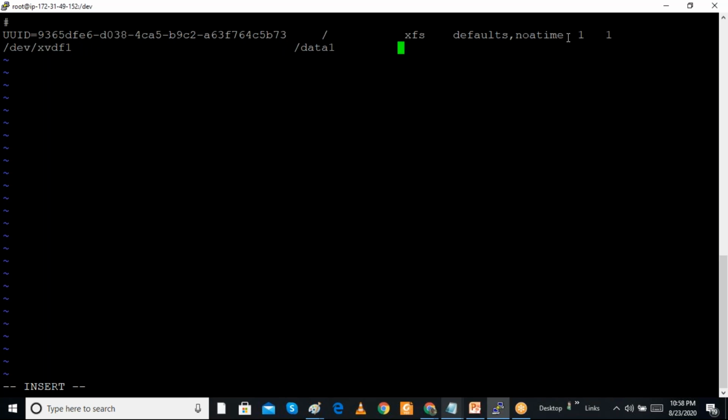I'm using the file system xfs, giving the default options for mounting, and giving 0 0. This is the way we add a line here.